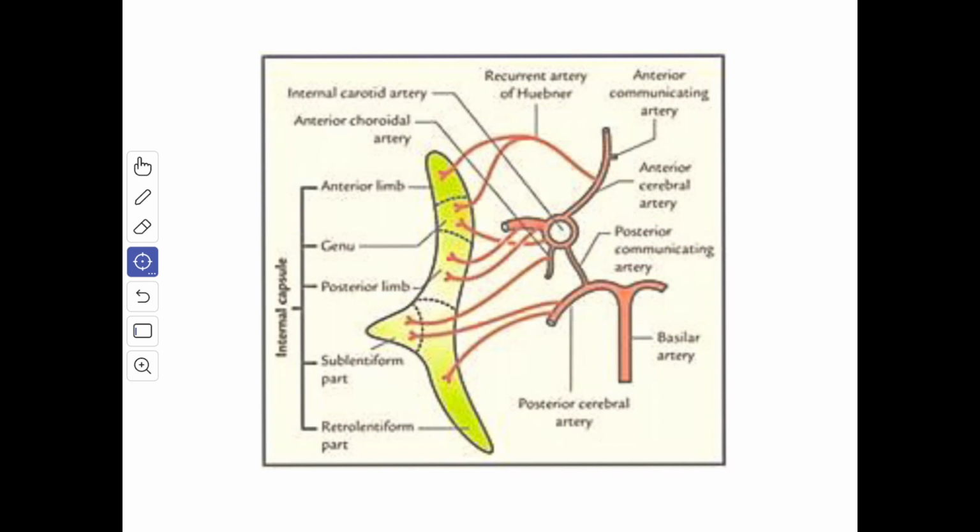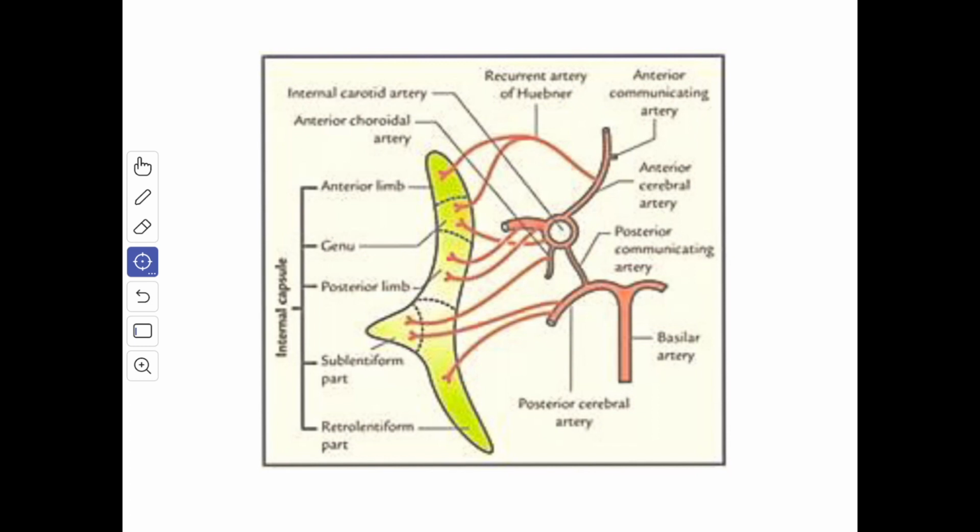The spastic paralysis of the opposite half of the body occurs due to the involvement of the pyramidal and the extrapyramidal fibers of the upper limb, trunk and the lower limb. The rupture of the Charcot artery of cerebral hemorrhage is the most common cause of hemiplegia. Involvement of the recurrent artery of Heubner due to thrombosis or rupture results in paralysis of the face and the upper limb of the opposite side because of the involvement of the corticonuclear fibers in the genu and the adjacent pyramidal fibers in the posterior limb for the upper limb.